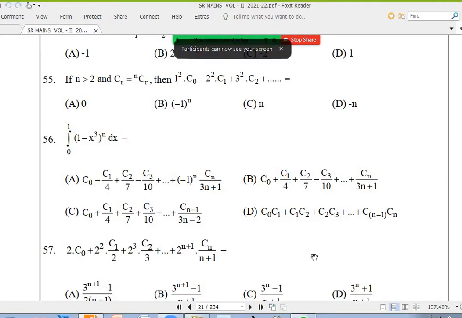NCR into minus 1 whole power r. Now expand this: sigma r equal to 0 to n, 1 into NCR minus 1 whole power r. Next sigma, instead of 0, I'll write r equal to 1 to n, because anyway when you put 0, this is going to be 0. 3r into this NCR, I'm going to write n by r into n minus 1 CR minus 1 whole power r.